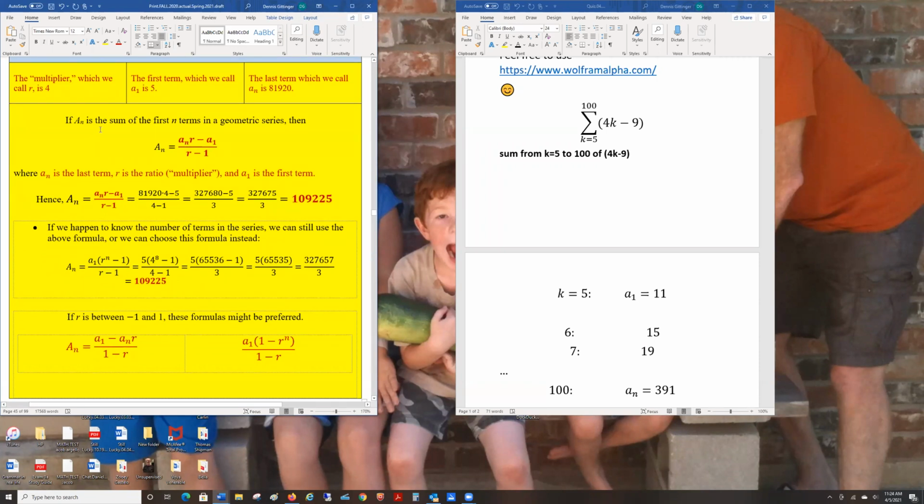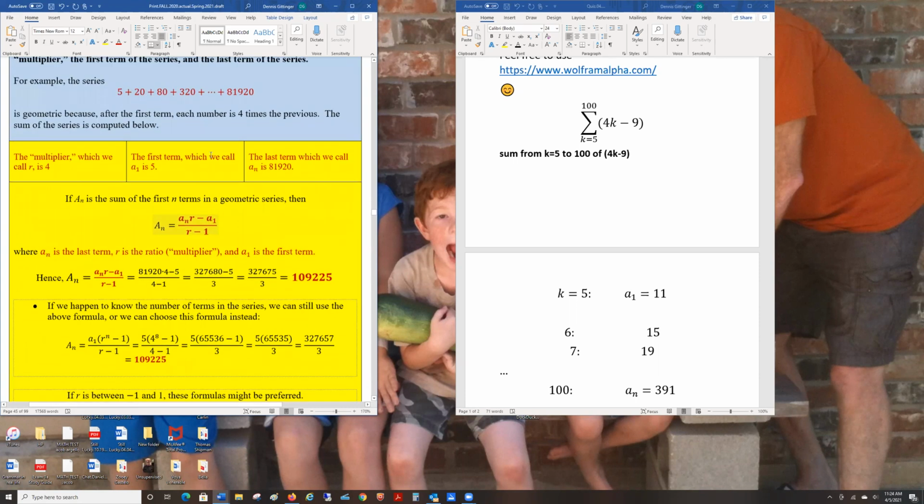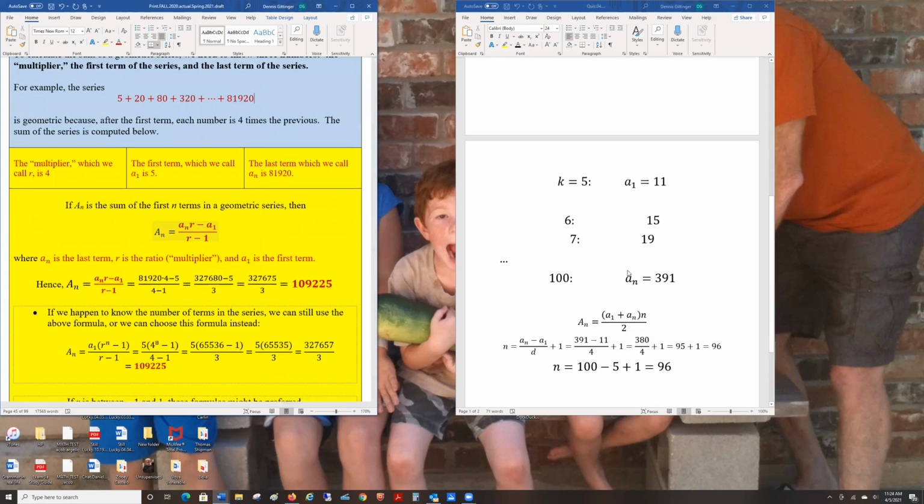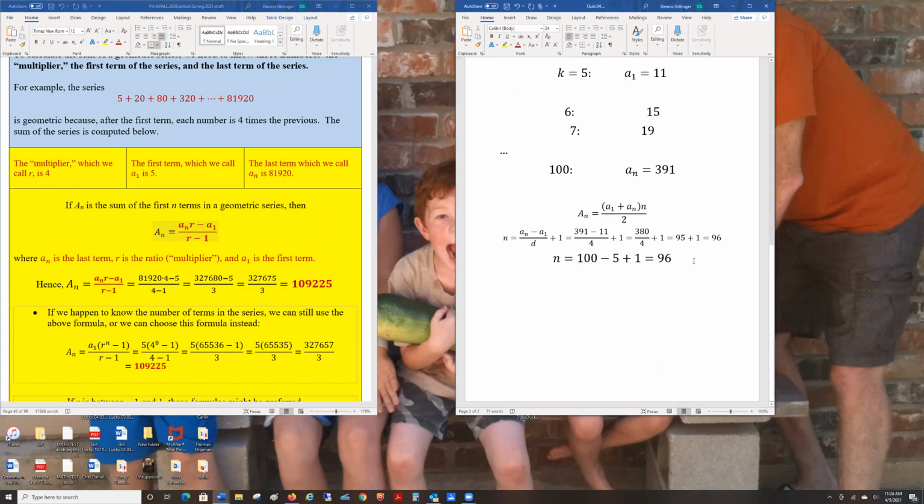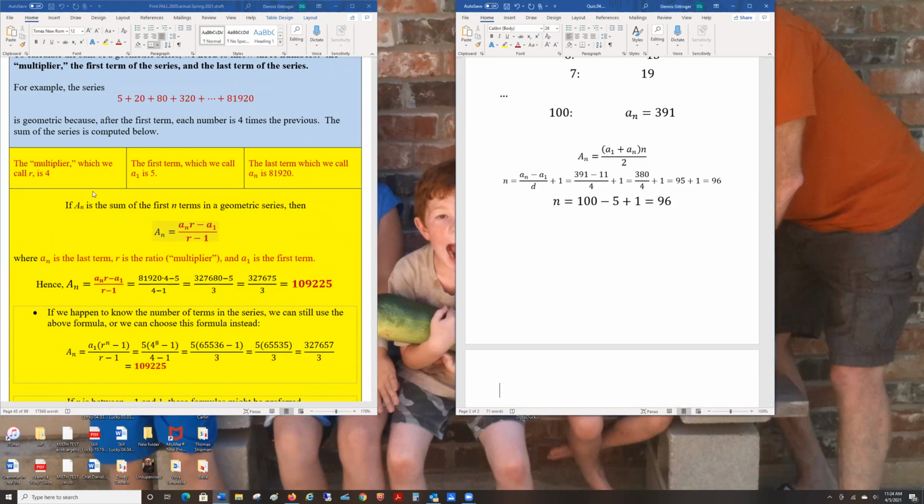If a sub n is the sum of the first n terms, here is the answer. Let's see how that works here. Let me go down to a fresh page. The total of all these numbers is calculated with this formula: a sub n times r minus a sub 1, divided by r minus 1. Now, what is a sub n? That's going to be the last term. So for this problem,